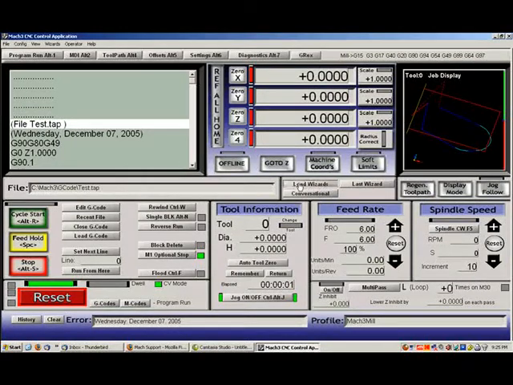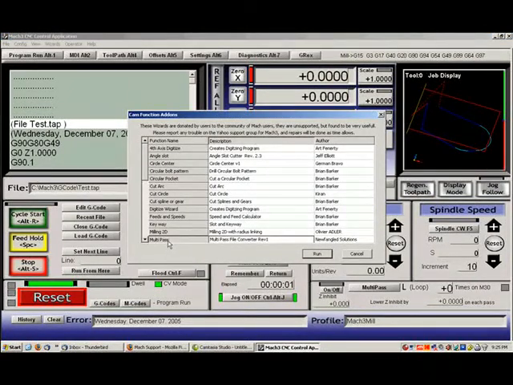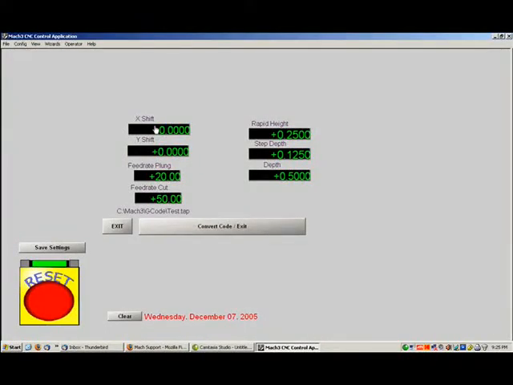To go into it, we press Load Wizards and Multipass, the Multipass File Converter Rev 1 by Newfangled Solutions. Just press Run. And you can see we don't have a whole lot of data here to type in. The X shift is the ability to shift the program's 0 position. So if I wanted to bump it over 5 inches in the X, I could do that, and I could